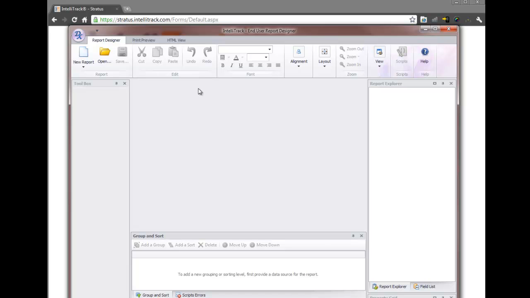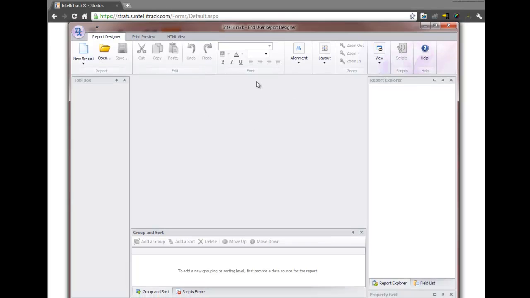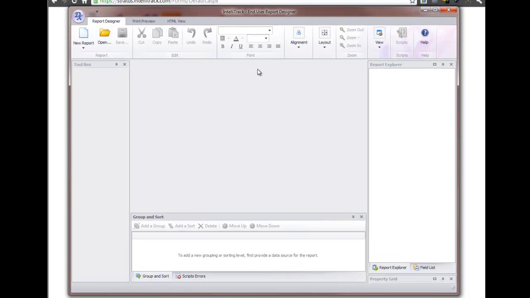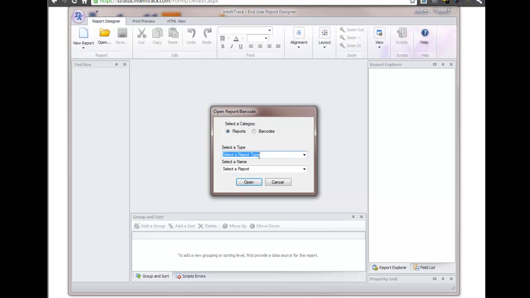This is a tool similar to Microsoft Access Report Designer or Crystal Reports, and gives you immense capability to create and customize reports. You could start from scratch and open up a report design wizard, or you could open up an existing report that's in the system and maybe looks something like what you want. For example, inventory by category. I could open this up